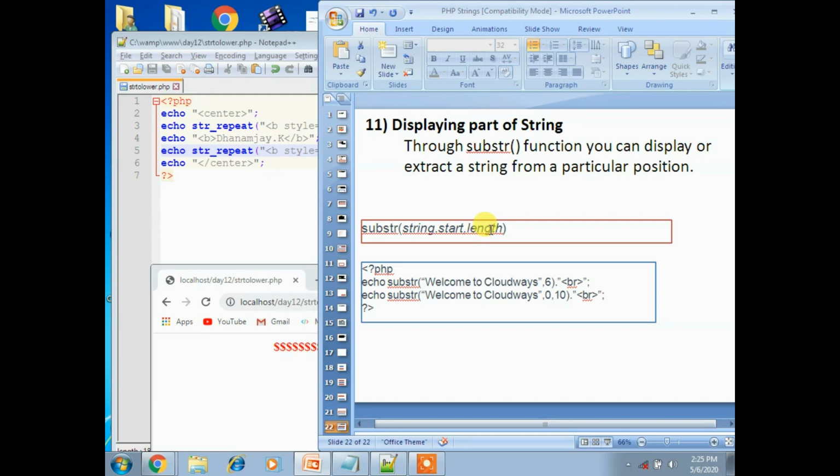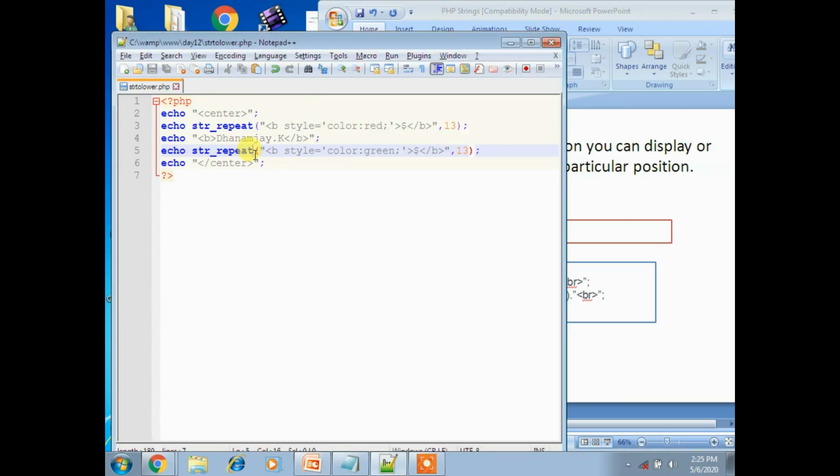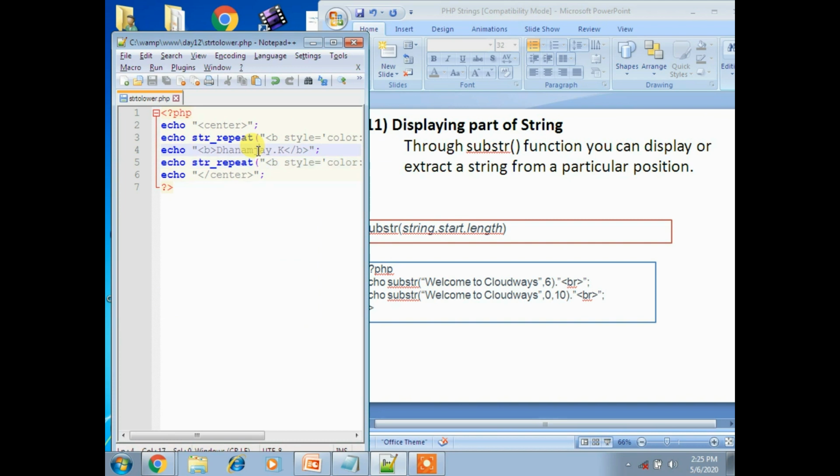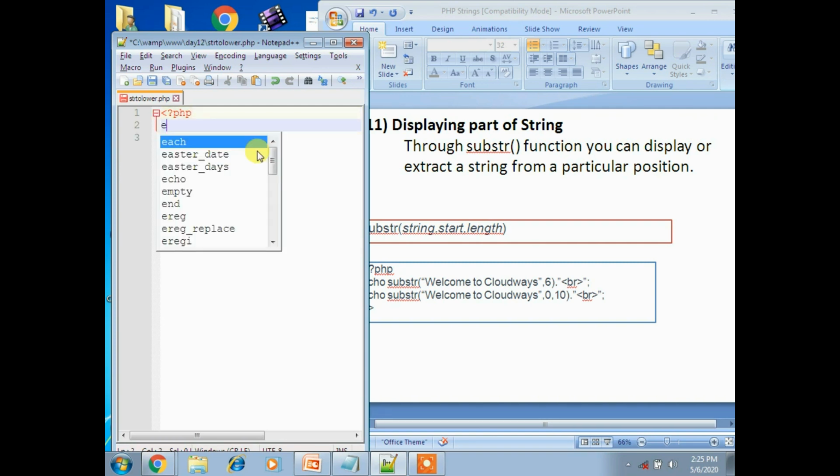Let's see an execution of substring, right? I want to take the same part. I'm removing this, placing PHP and closing this, and here echo.